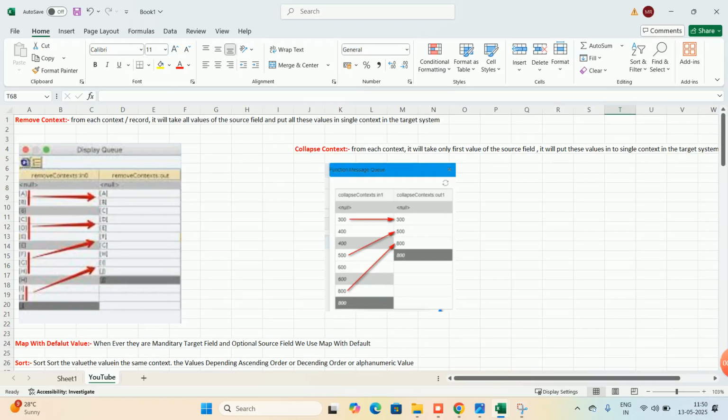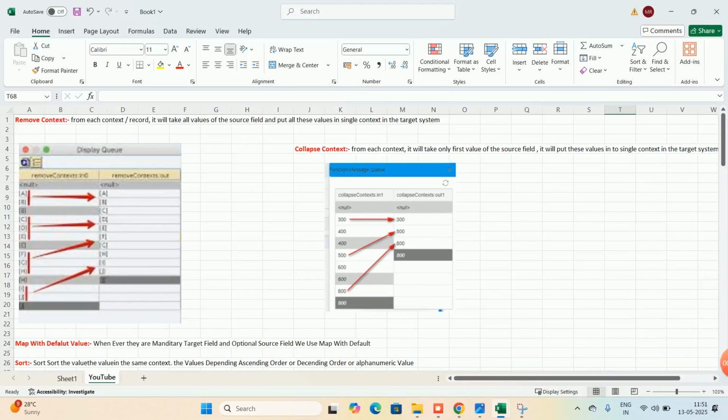Suppose, see what is meant by context. You can see here B in light gray color, light black color like that. B is a context change, E is a context change, H is a context change, and J is the context change. These are known as context changes. These are the values, this is the input, this is output.